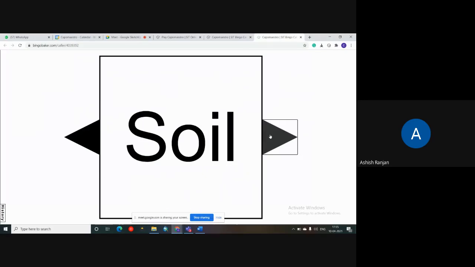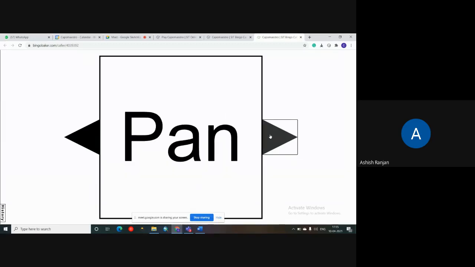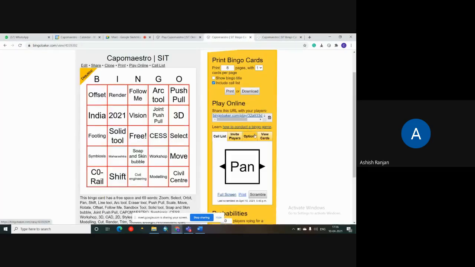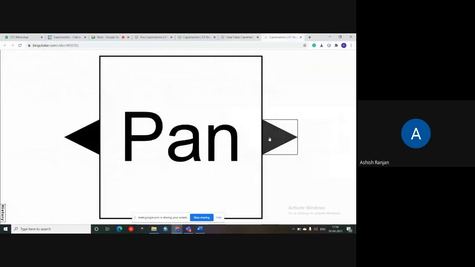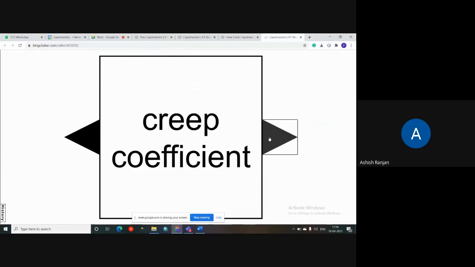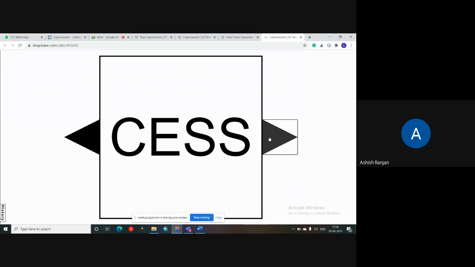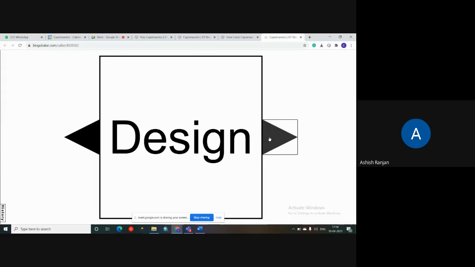Soil. Pan. Creep coefficient. Cess. Design.